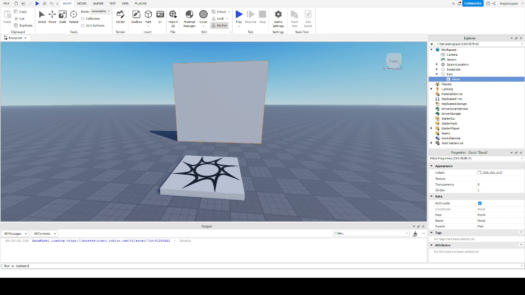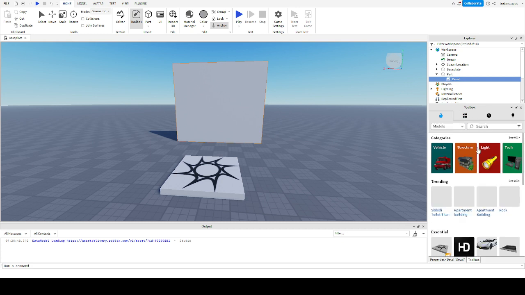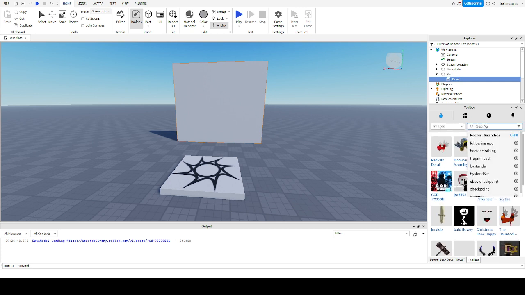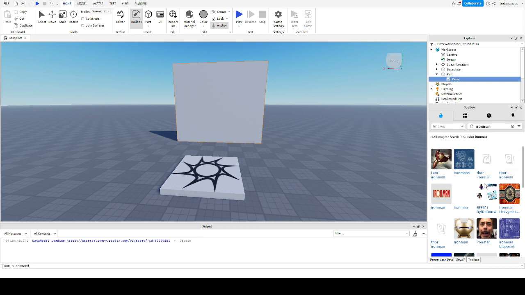So probably the best thing to do is go to our toolbox, and in the toolbox we are going to look for images. And since we'll do a superhero quiz, I'm going to search for Iron Man. Again, you can find any of these pictures. I'll just take this one, and what I'm going to do is right click it, and